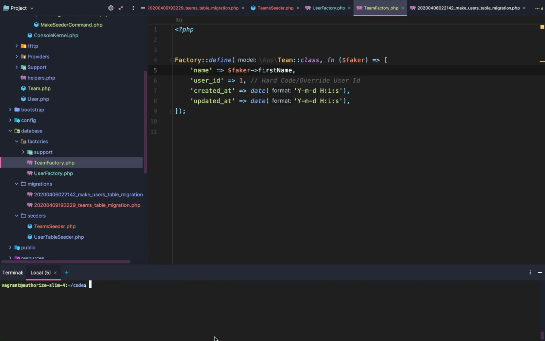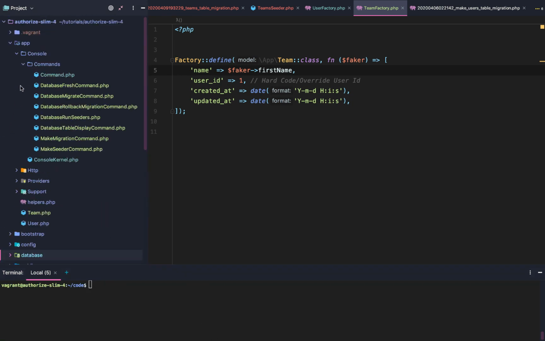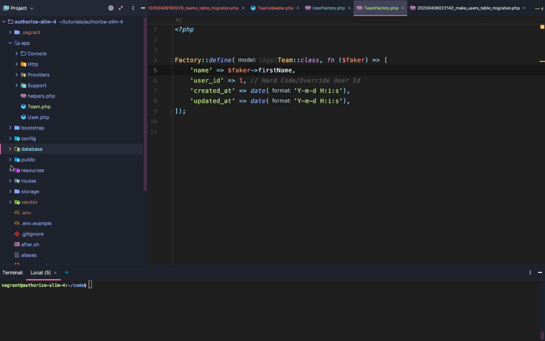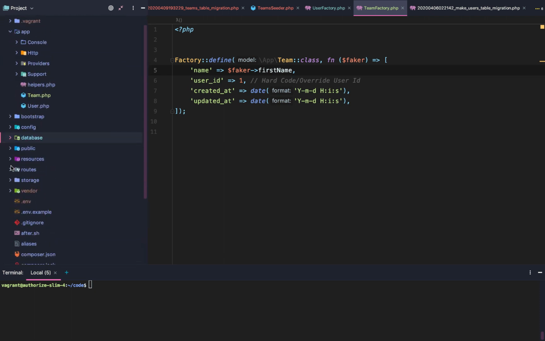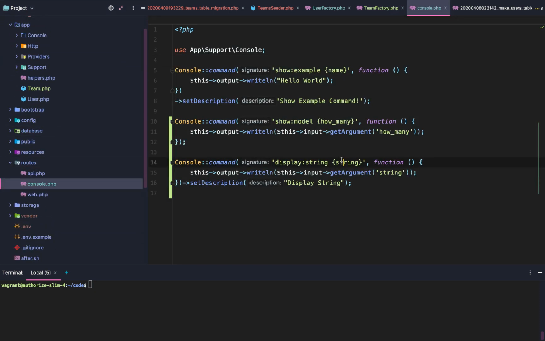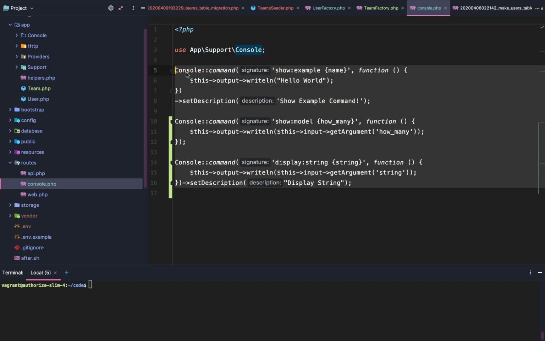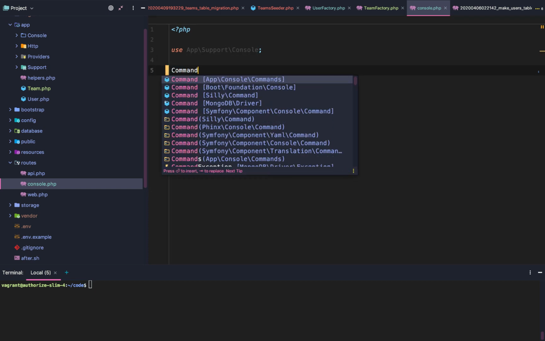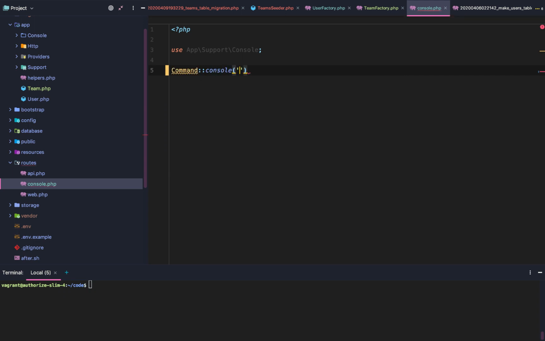Next, we'll clear that out. And what we'll do is we'll actually just go and we'll make this easy. I won't go overboard with this or anything and make like a 3-hour video. We're going to just remove all of this and we're going to do command console, just, I don't know, tinker function. And that's going to be console command tinker, and then